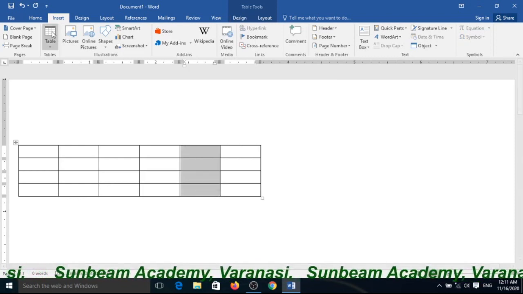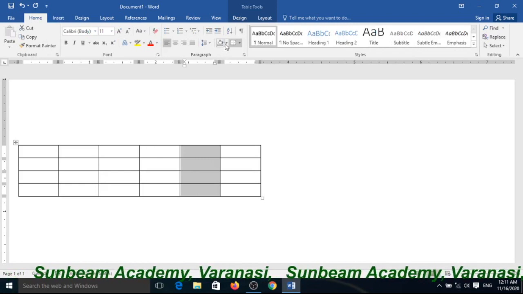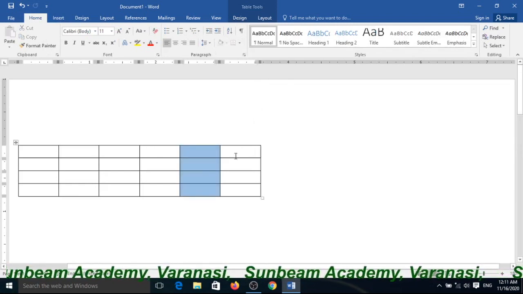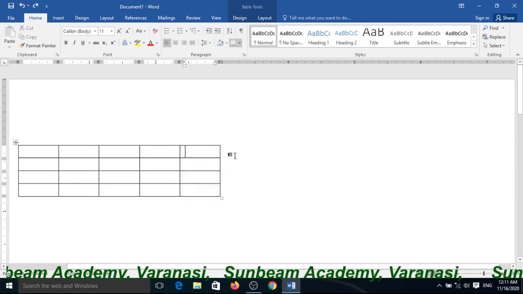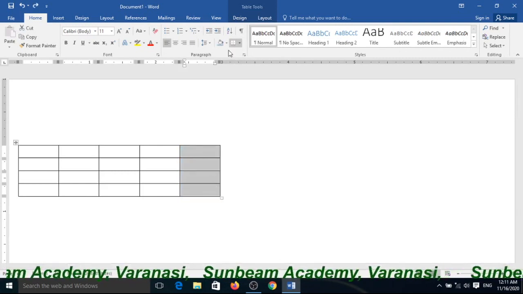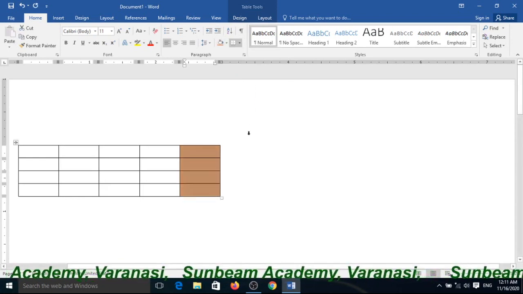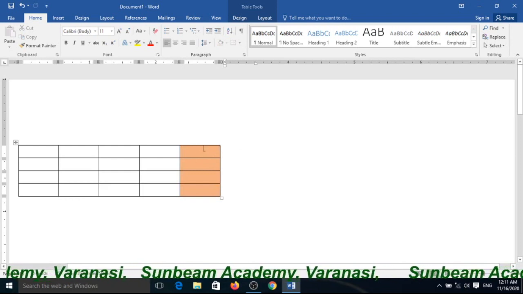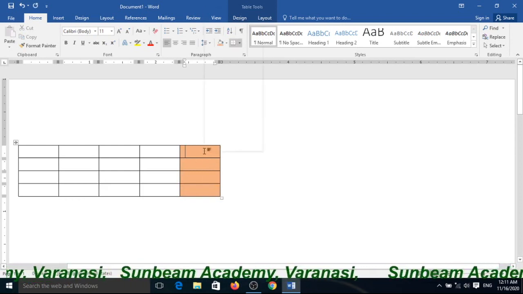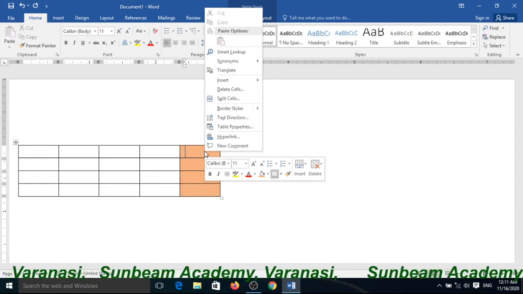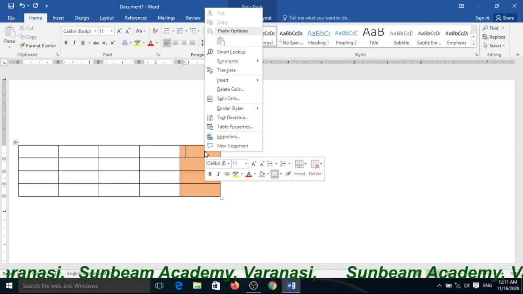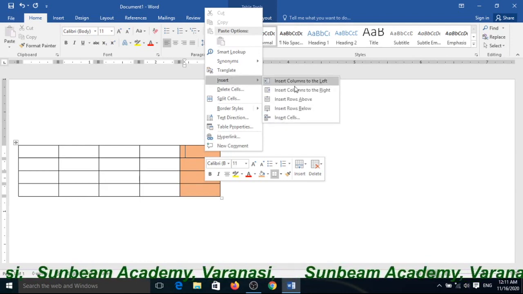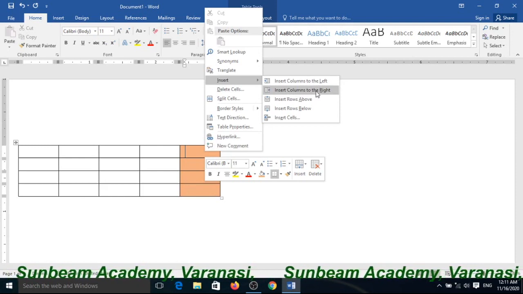Suppose I want to change the cell color, then you can easily find it. Very simple. First I want to change that color, then I want to insert to the right side of this column. Right click on the mouse button and choose Insert, then Insert Column to the Right.